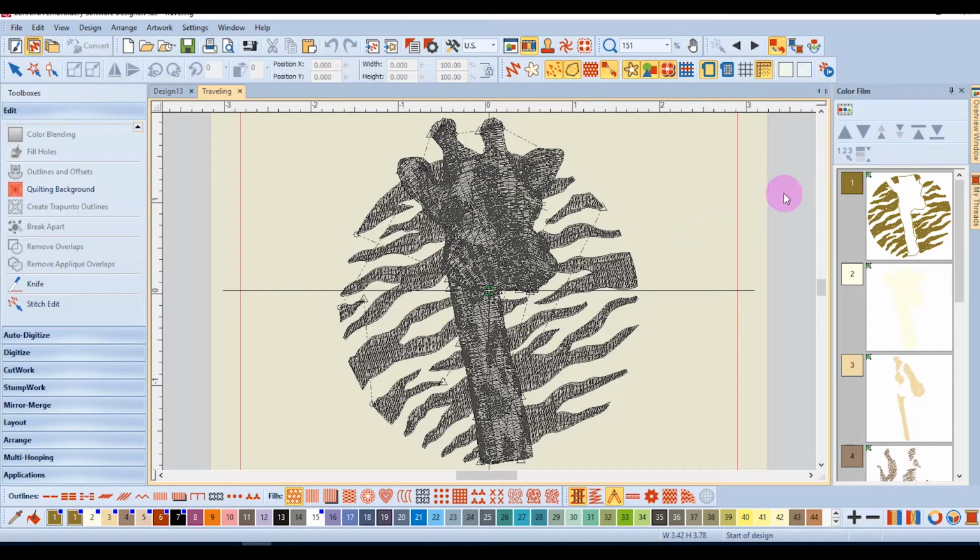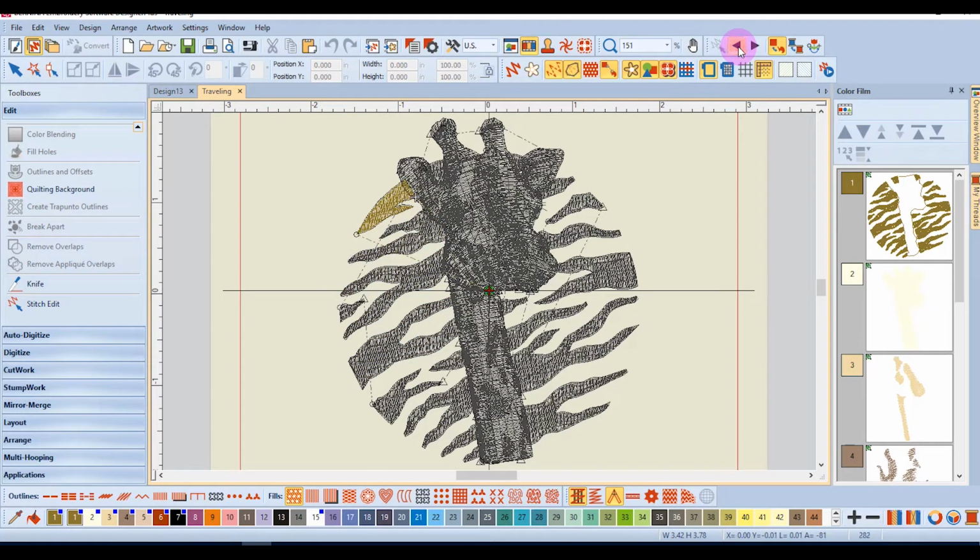You may travel color by color or object by object using the icons in the Travel Toolbar. First, let's select Object. When I press the Travel Forward, the software will travel one object at a time. If I want to go backwards through the design, I can press the left arrow key and go back one